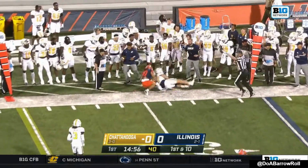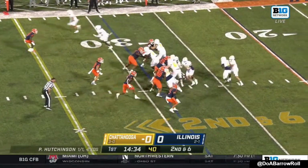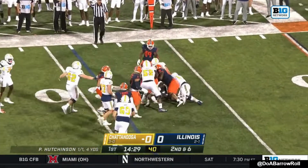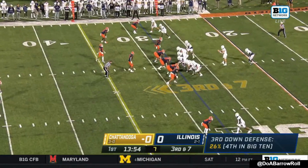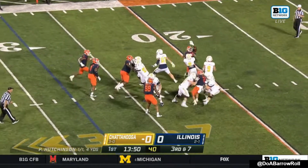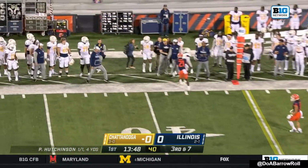And a pass play for like 7 or 8 years. Lots of experience back there defensively. It'll be Ford with the shine in the last couple of games. 3rd and 7. Hutchinson to throw, and